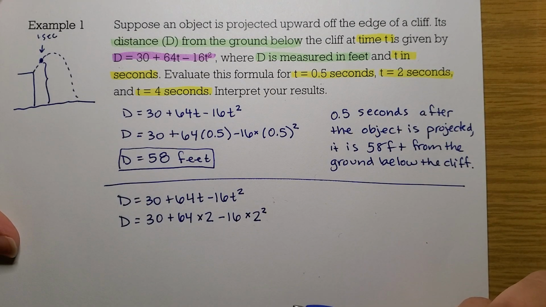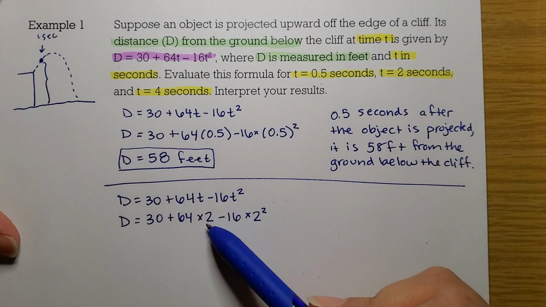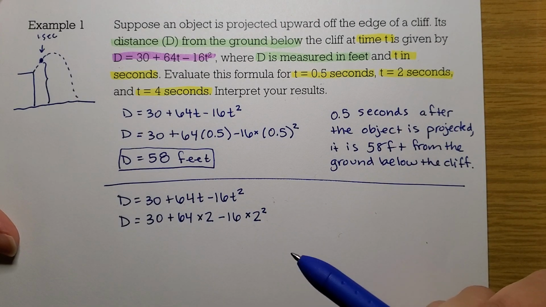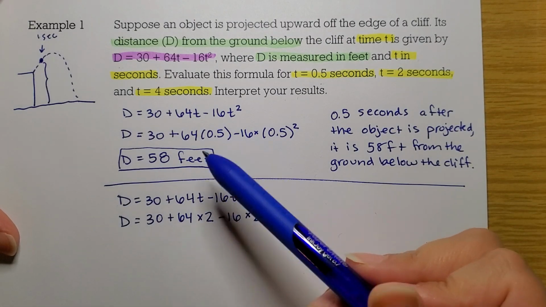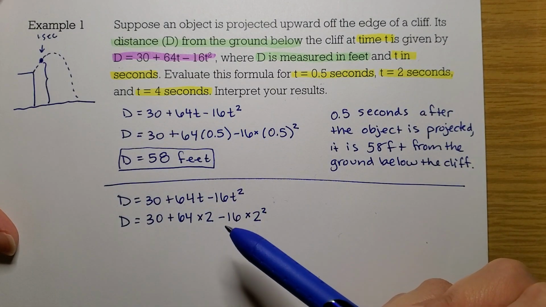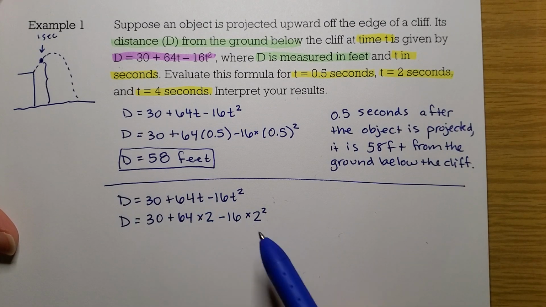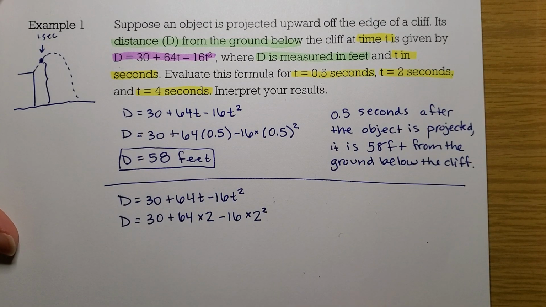The other thing I chose to do a little differently this time when I substituted in was I didn't put parentheses around the number. I don't know why. I kind of like to do that when I have a decimal or a negative especially. I like to put parentheses around it. In this case, I just chose not to. So we have lots of different notations for multiplication, so you can choose to include those parentheses or not when